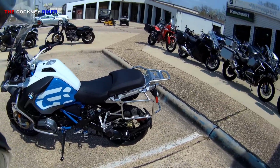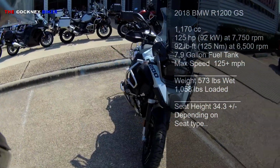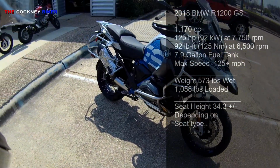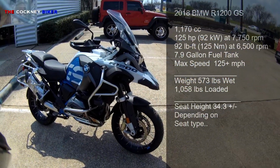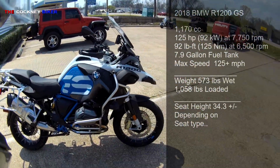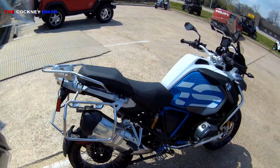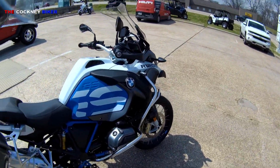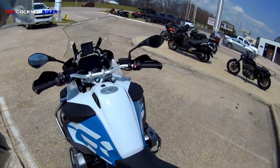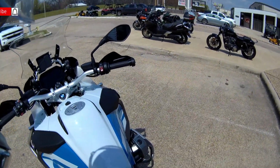This is a 2018 BMW R1200, 125 horses, and yeah, I'm a big fan of the Missenden Flyer, and he rides one of these, and he absolutely loves it. He thinks it's the best thing since sliced bread. So I want to know what all the fuss is about. A lot of people go touring on these, so let's fire up and see what 1200 cc's